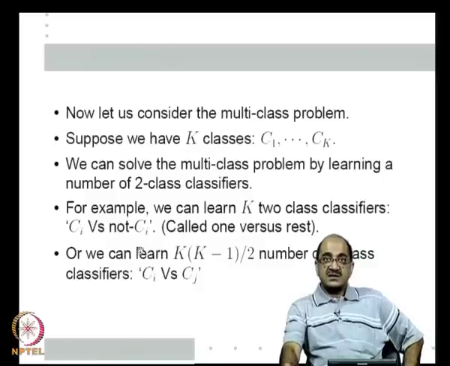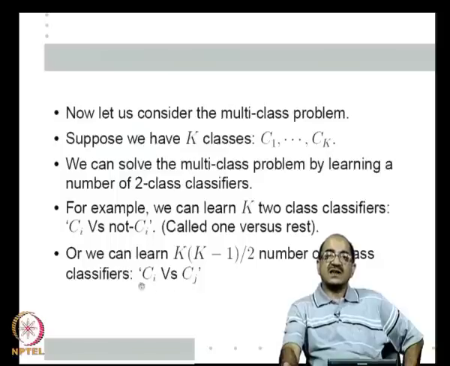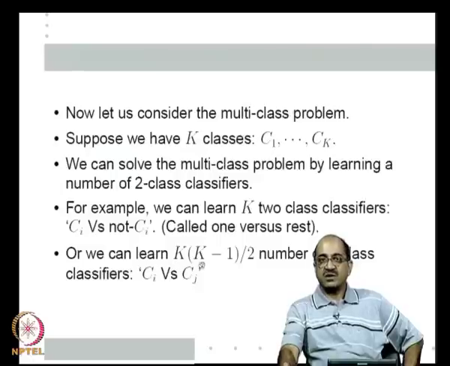It is in those cases that learning Ci versus Cj classifier is good, because when I have a K class problem and I have training data, one expects that all classes are represented in about equal measure. So, for a 2 class problem Ci versus Cj, I will have roughly equal number of examples for both classes. There is no skewed training set distribution. So, this is a more stable 2 class classifier learning, and that is the reason, even though I am learning more number of classifiers, I may want to do this.